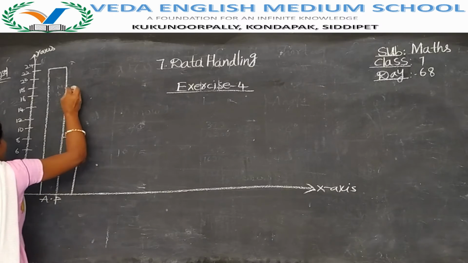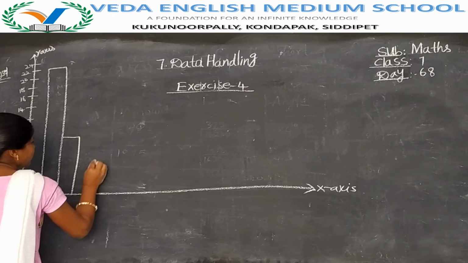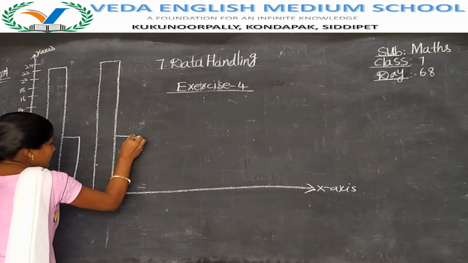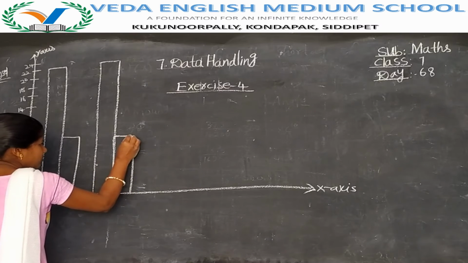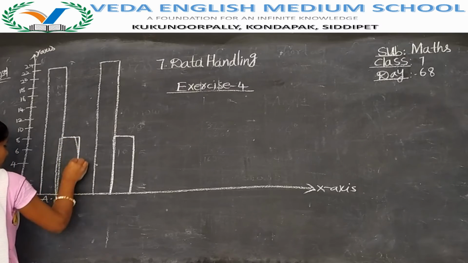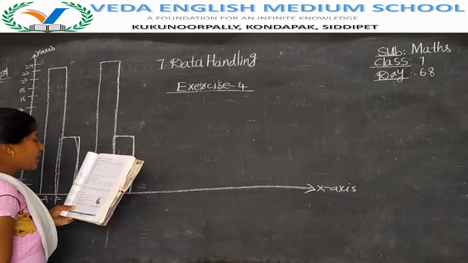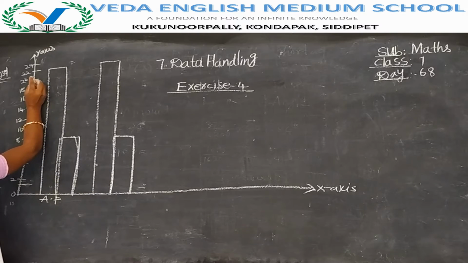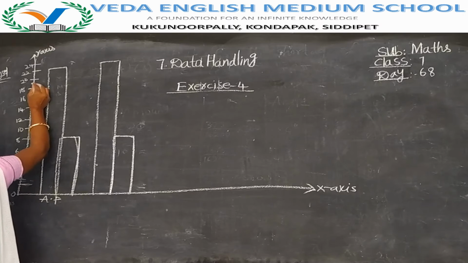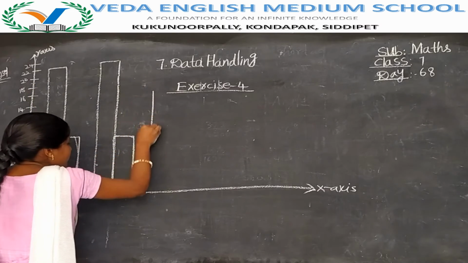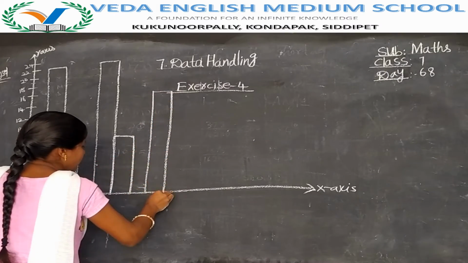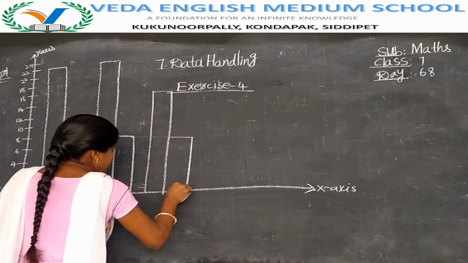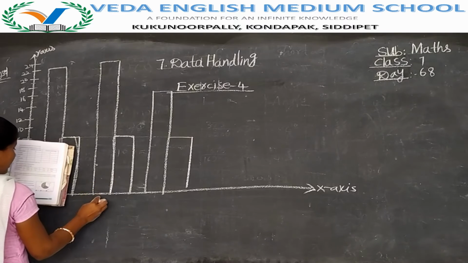Same here: birth rate is 22. Here only you will get the bar graph. The death rate is 8. You have to draw like this, with this common line. Next leave one box. Tamil Nadu: 19 and 8. Birth rate is 19. After 18 you have to take the middle line, the fifth line, as 19. So here 19. And 8. Where is 8? Here we have 8. Then the state here is Karnataka.